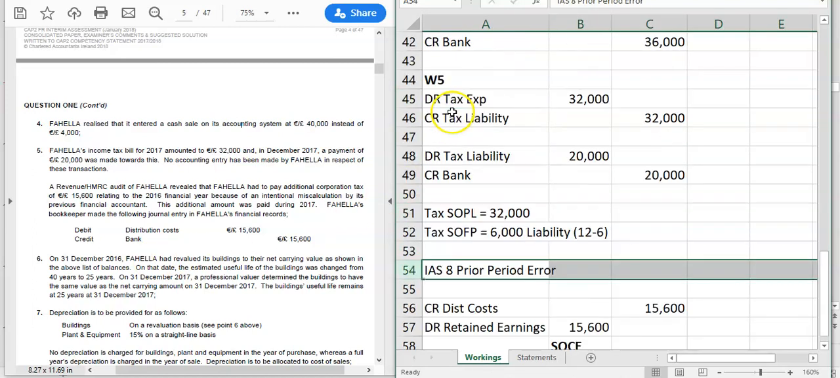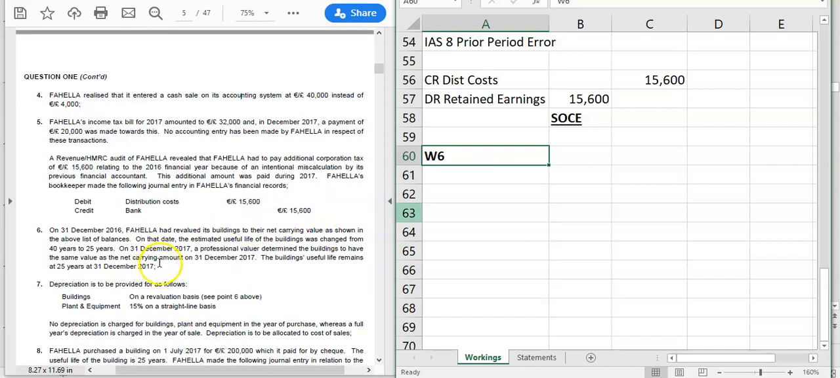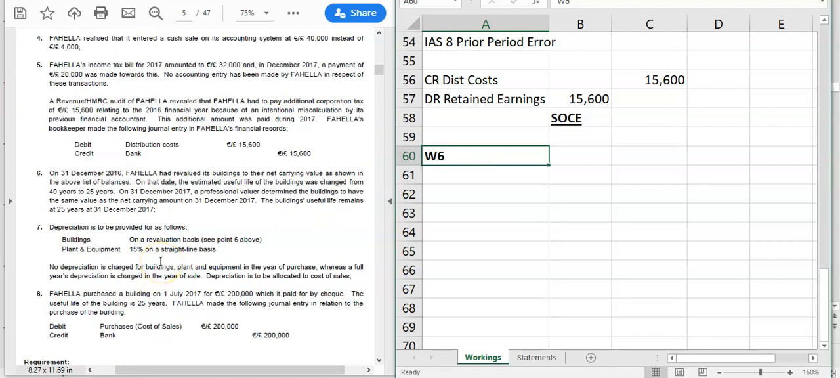So that's bringing us on then. You have working 5 done. So we're nearly there with the workings. Sometimes you can work through them quite quickly. Now, working 6. We said working 6, 7 and 8 are going to be done together because they're all